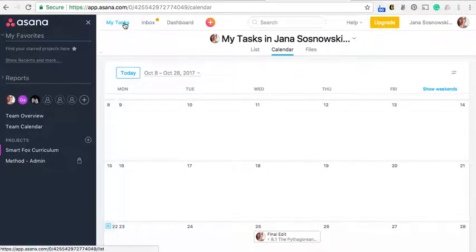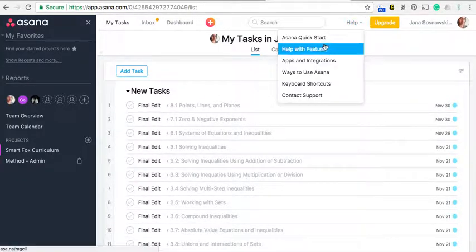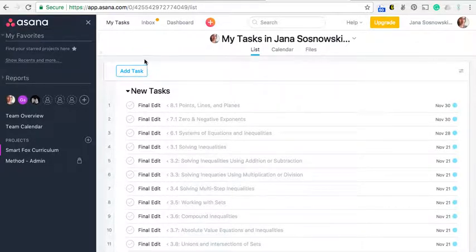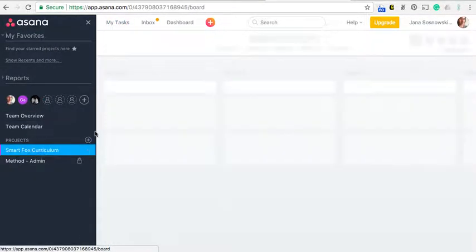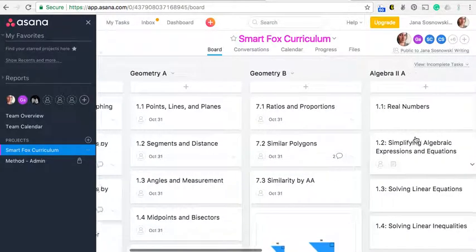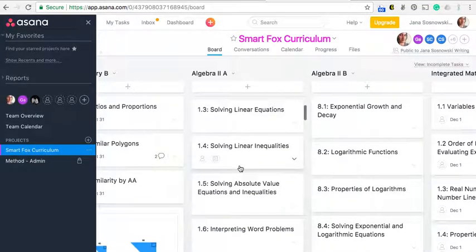And I think that's it. Again, in the help, they have other videos that will be more Asana general. I just wanted to give you an overview of this particular project. So again, the lead on these integrated math courses will be Carolyn. If you are on any of these courses, I will still be the lead for that. So if you have any questions or concerns, just